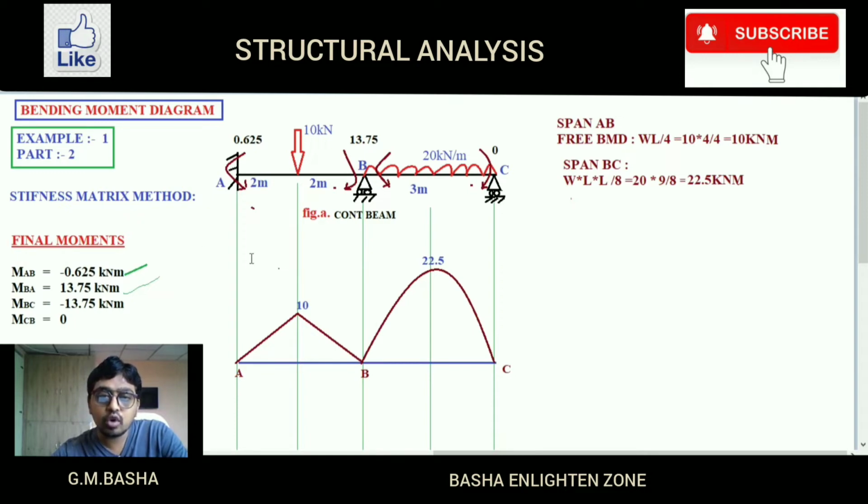Again, we have to draw the fixed bending moment diagram. See here, for drawing the fixed bending moment diagram, the final moment value is already obtained here. Some people take upward positive, downward negative, and clockwise from the left side as hogging, and from the right side anti-clockwise as hogging, clockwise as sagging. Like that they will take different conditions, so sometimes you may get confused. That is the reason I will show you the best logic for how to draw this type of bending moment diagram.